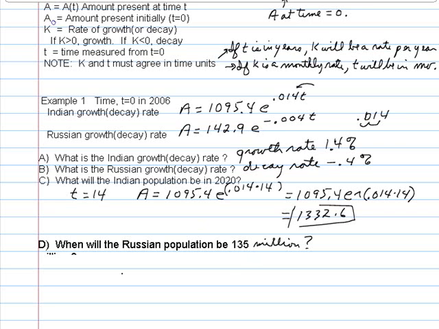So what we'd like to be able to do is find how many years it will take for A to become 135 million, and we're doing it in millions, so I just put 135, and the final answer will be in millions. Okay, this also is a plug-in, but this time we're plugging in for A, not T, so we write A equals A naught, 142.9, e to the k, we're given the k, negative 0.004, and times t is now what